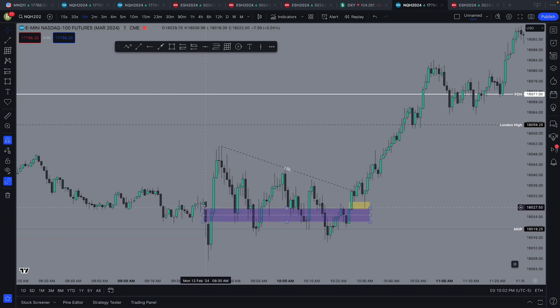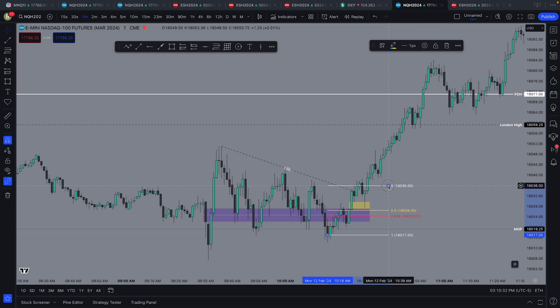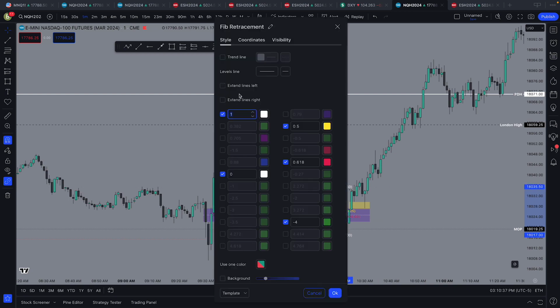So this is the 9:30 candle right here. This fair value gap gets created, and we can see how price is kind of respecting or working off of that. We have this fair value gap here. Price only comes down to there, wicks down, closes bullishly. If I were to draw from here to here,